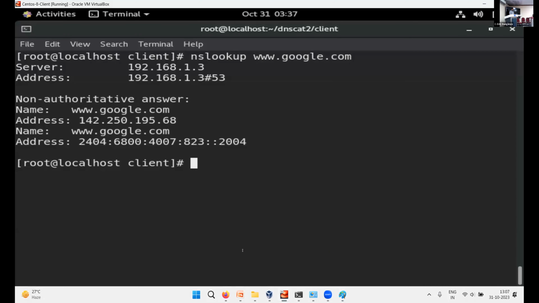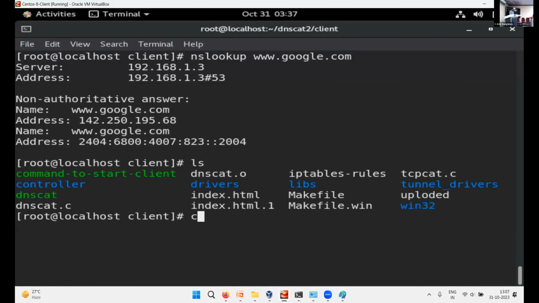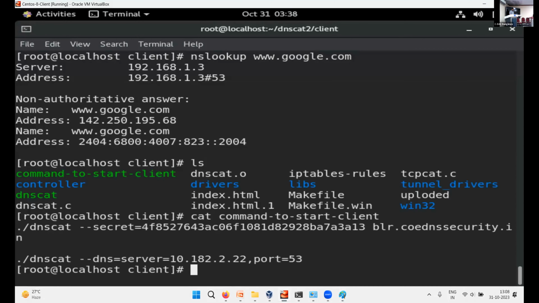How do I execute it? I will say ./dnscat --dns server=192.168.4.102 port=53. This is the command which I executed here.